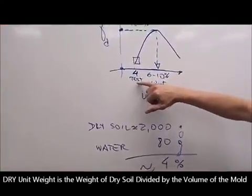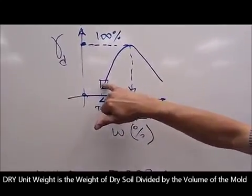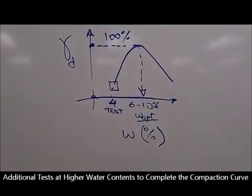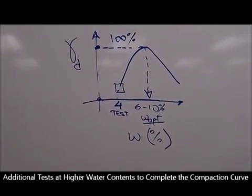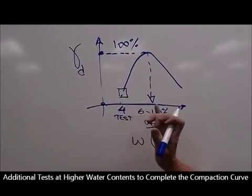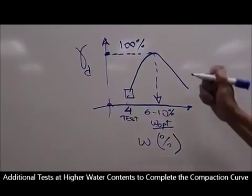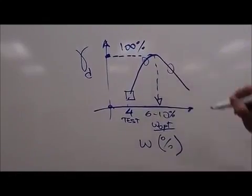With the water content and with the unit weight of the material, you will get your first point in the curve. So this will be one point that you need to complete in order to build up your compaction curve. Next sample, instead of preparing for 4% in this case, you may go a couple of percentage or 3% higher, so that we end up with another point somewhere there, another point there,